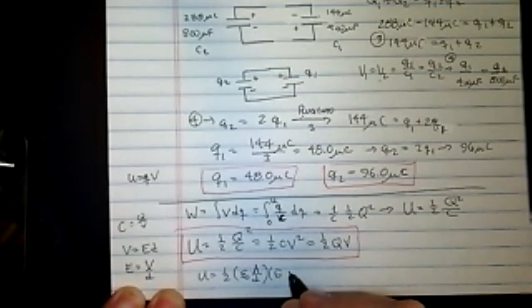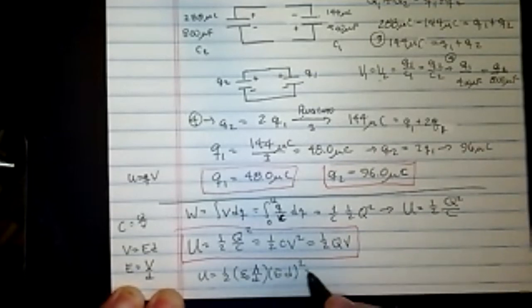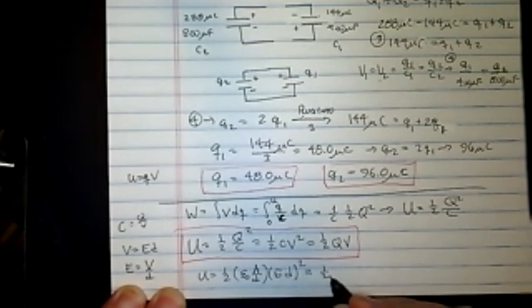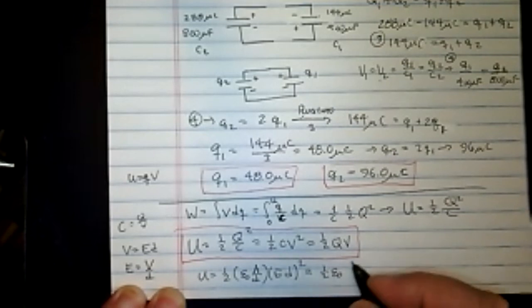So that's the electric field times the separation squared. And when you do that, you see this D squared is going to cancel out one of those D's, and I'm going to get 1/2 epsilon 0 E squared